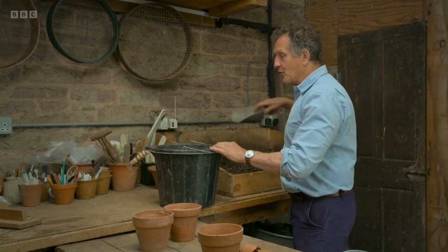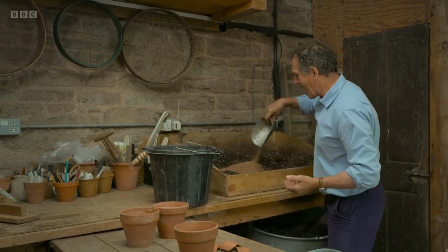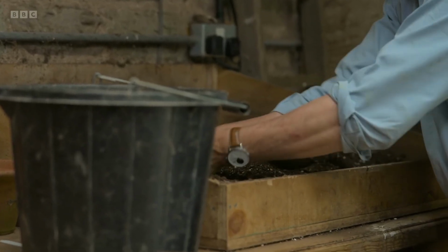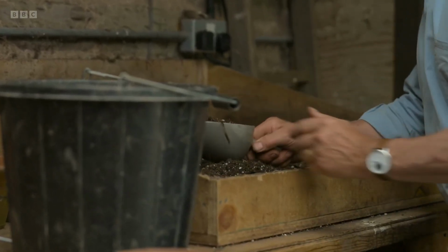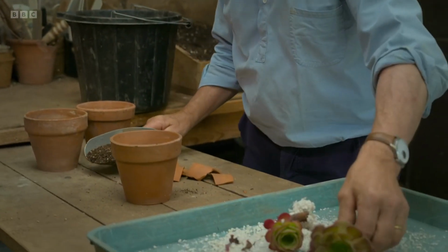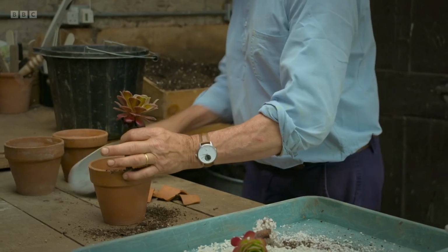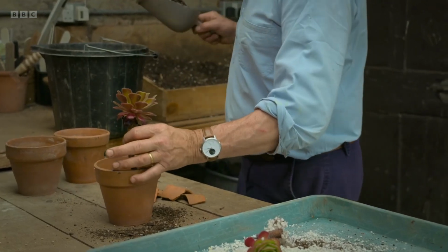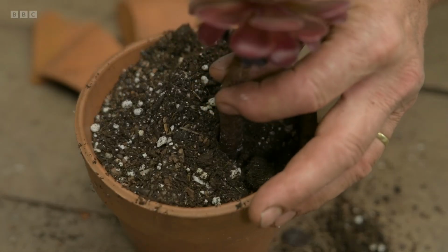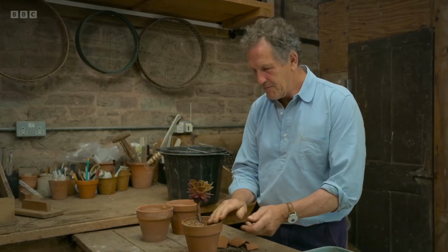Now, I've got some grit here, because I want to make the mix really, really free draining. So I'm just going to add it to my normal mix. So I've got a really good gritty one. Pop it in. Now, rather than push this into the mix, obviously I've got fairly fragile roots in there. So we're going to pop that like that, get my mix, try not to break the roots, and go around it, like that. Put some grit around it, and